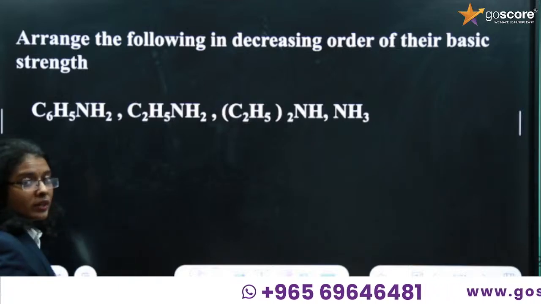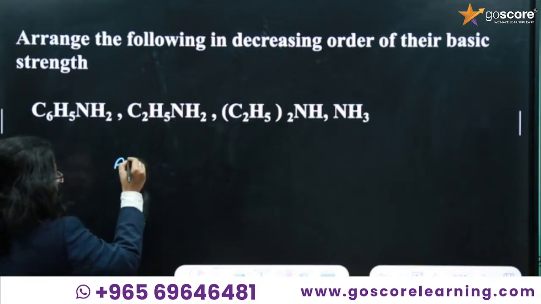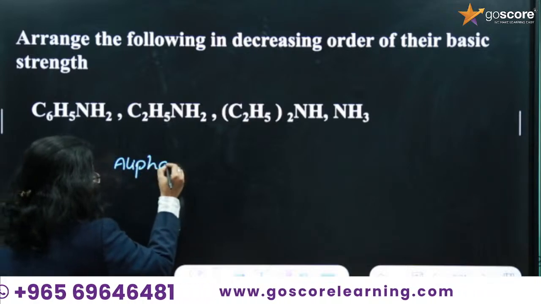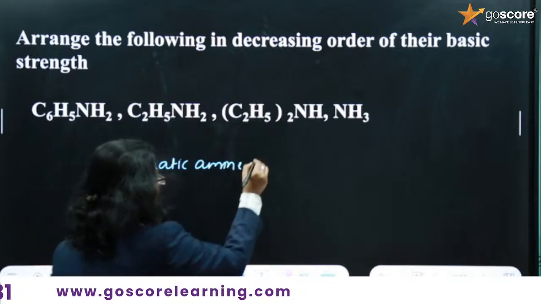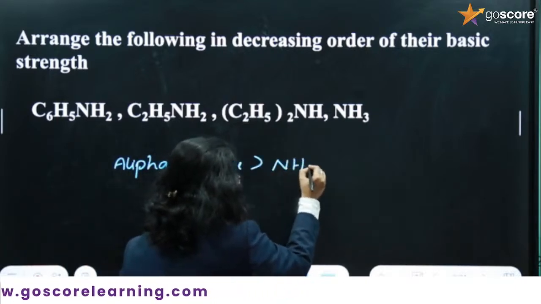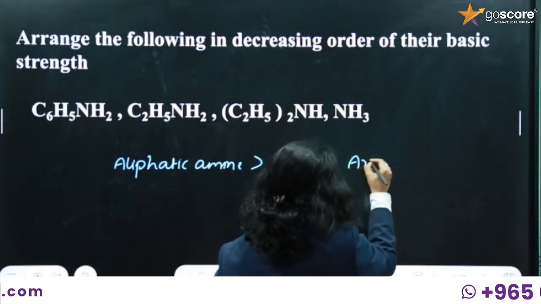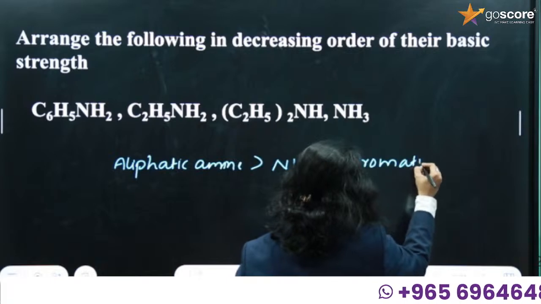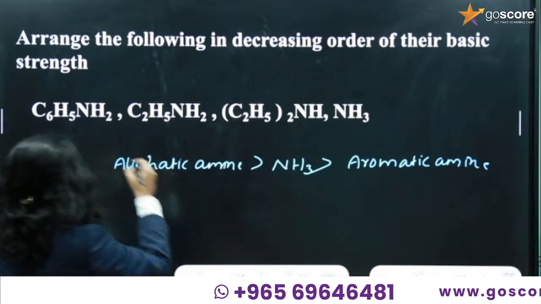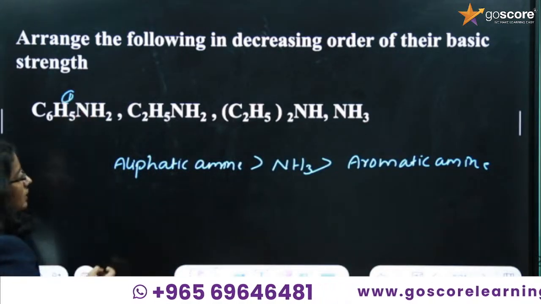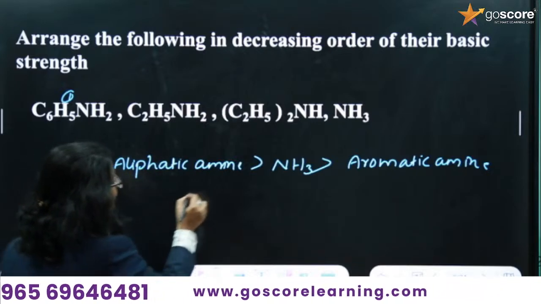So you know the order: aliphatic amine is more basic than ammonia, then aromatic amine. This is aniline. In the decreasing order, the highest will be